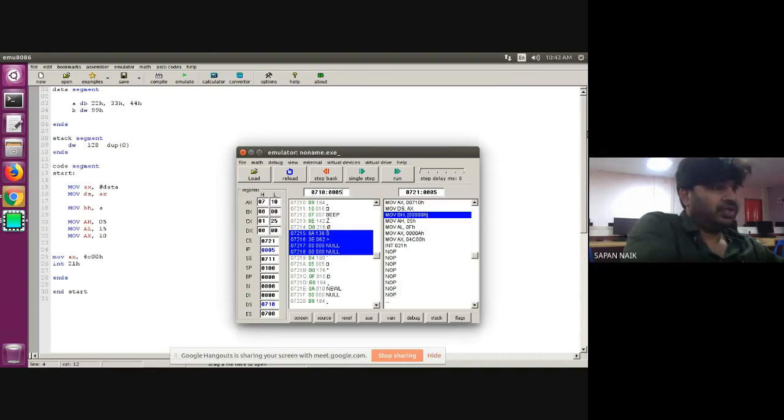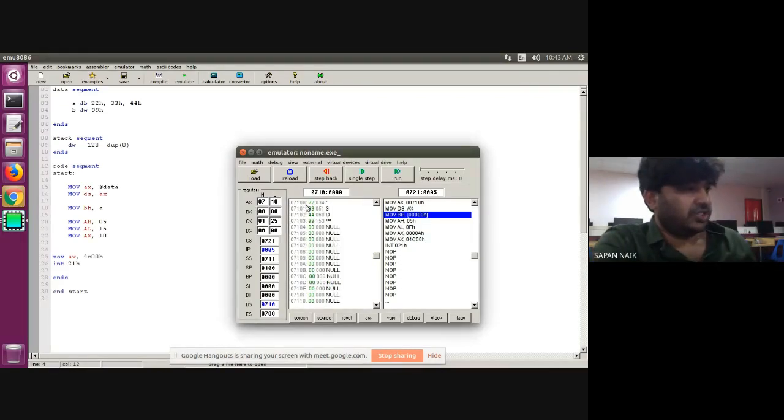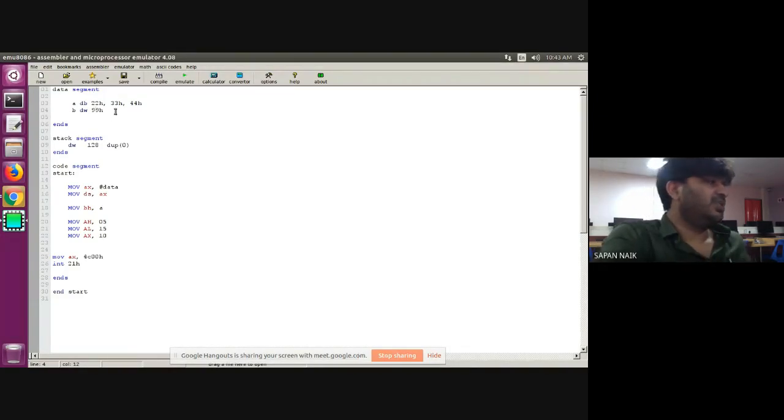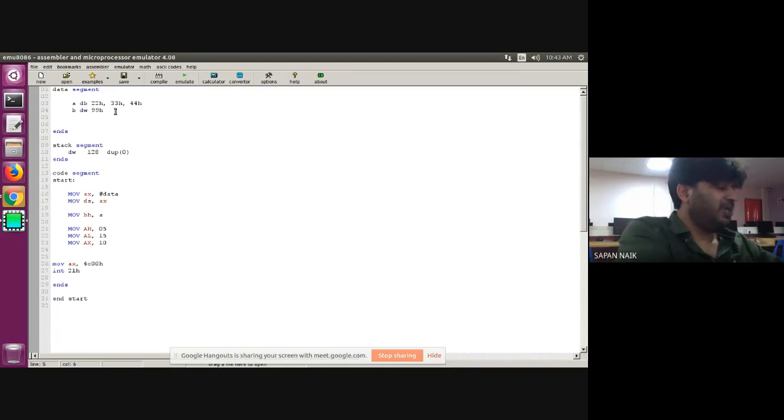0710:0000. If I press enter, you can see on location 0 it is 22, 1 is 33, 2 is 44, 3 and 4 are 99 and 00. This 00 is a part of B, because if I declare one more variable C, it will be stored on location 105. It is occupying 16-bit data. So C db 88H. So 88 will get stored on 05.